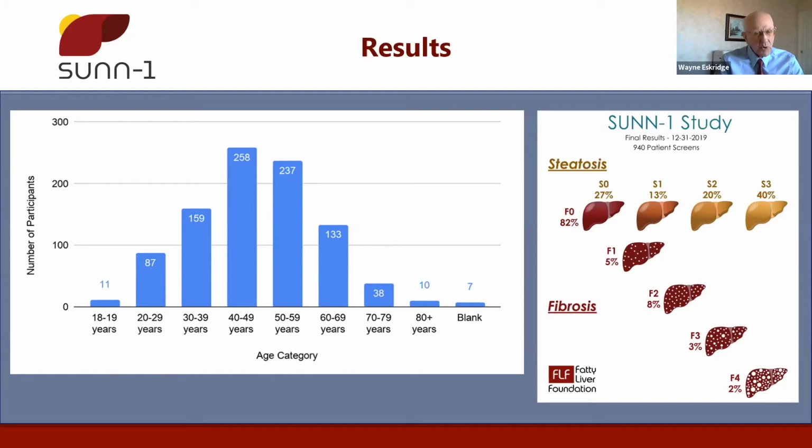But even more scary is that 18% of those people had NASH, which is when the scar tissue begins to form in the liver. And that's what you saw in my slides. That's the process that ultimately will kill you. And 17% of that population had measurable stiffness. So those are really worrisome numbers for a society.